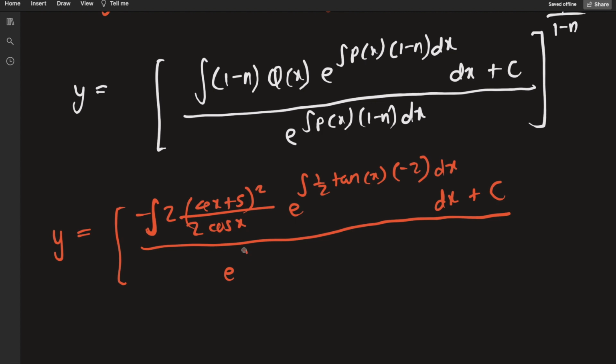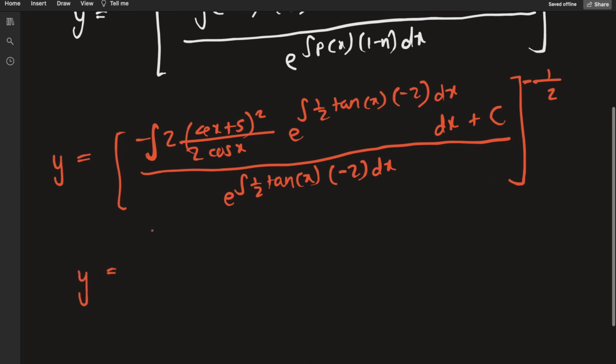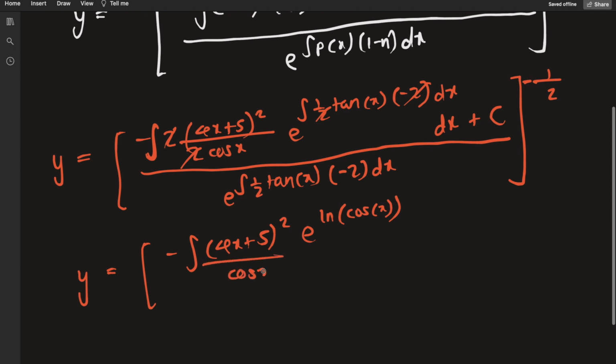divided by e raised to the integral of 1/2 tangent of x times negative 2 dx, but raised to 1 over negative 2, or negative 1/2 power. So y is going to be, well, the 2's will cancel out definitely. I believe we have a negative here. (4x plus 5), the whole thing squared. This will give negative. The integral of tan of x is negative natural log of cosine of x. That negative, this negative will make e raised to natural log of cosine of x. And we still have a cosine here in the denominator. Let's not forget that. dx plus c